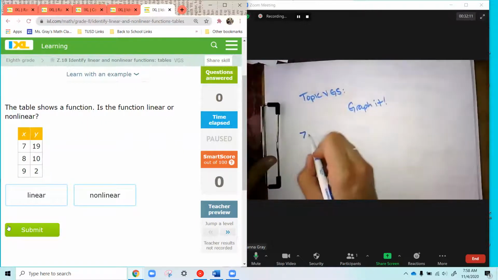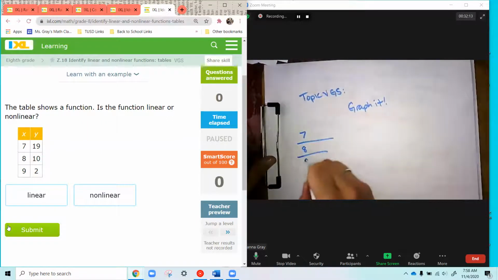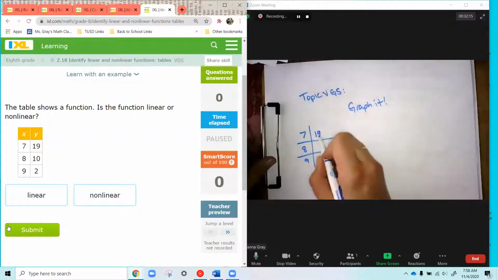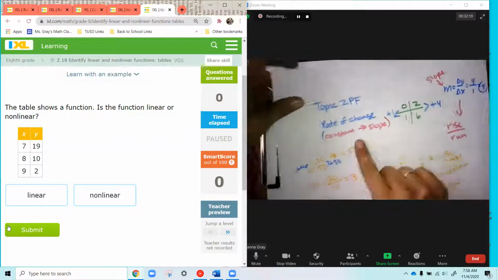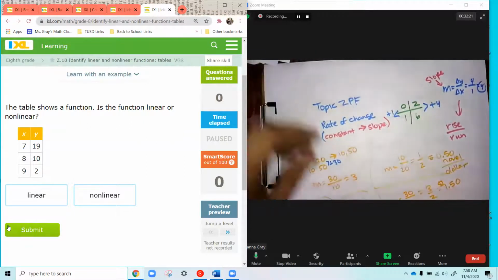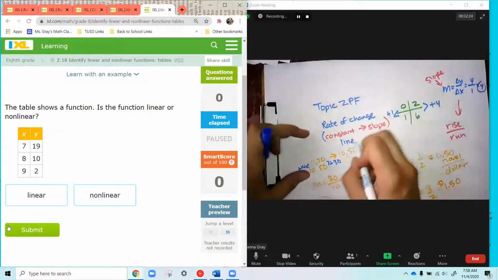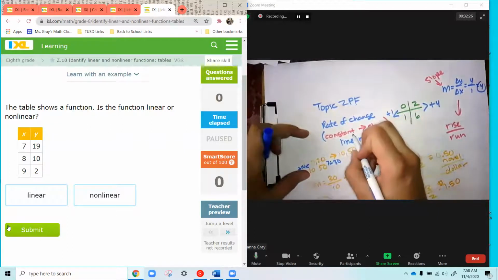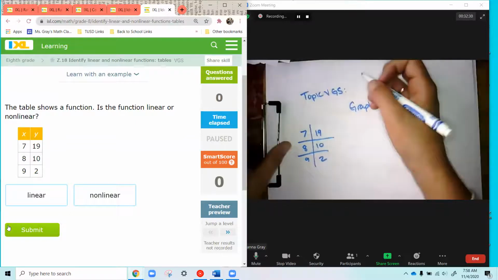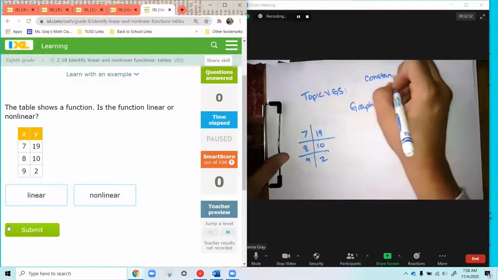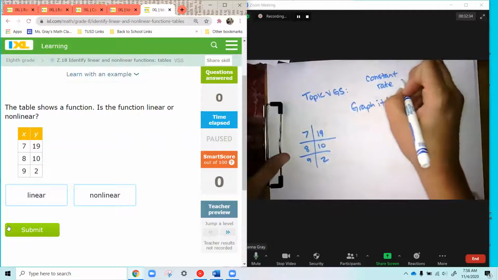Probably the easier thing to do is just to look at the change between them. Remember why we talked about this idea of this constant rate of change? Because if it's linear, it has a constant rate of change. It has a slope. So it has to have a constant rate of change,